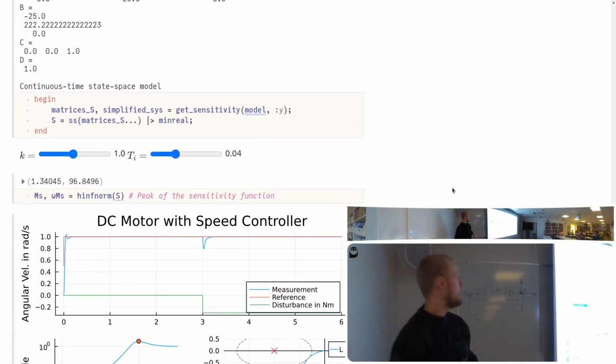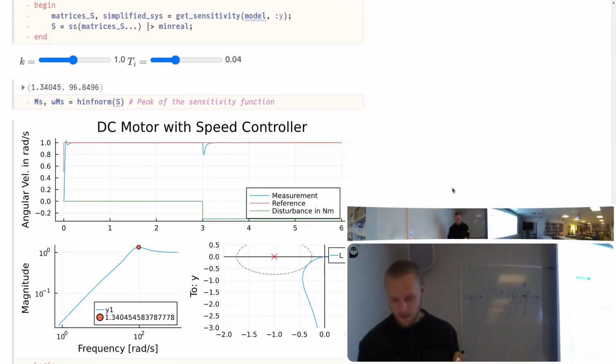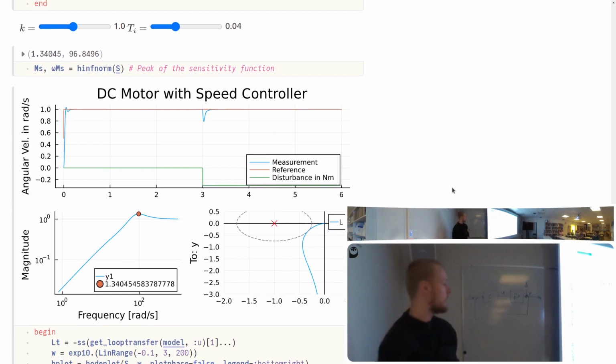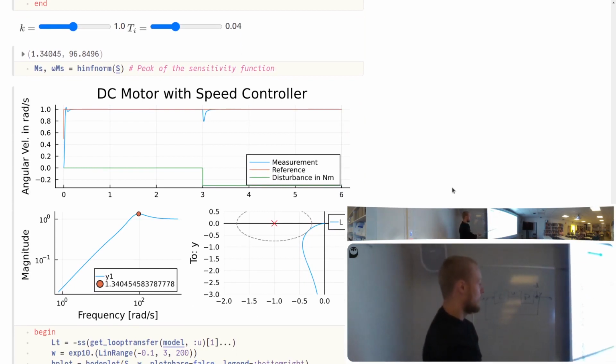All right, so now we have a state space object that represents the sensitivity function. These, once again, are just the parameters of the PI controller. We can ask for the H-infinity norm. So the maximum sensitivity is 1.3. Are we happy with that? I don't know, it depends on who you ask. It's not great, not terrible, perhaps. But now we can also plot the sensitivity function here, and I indicate the peak there also, and we can